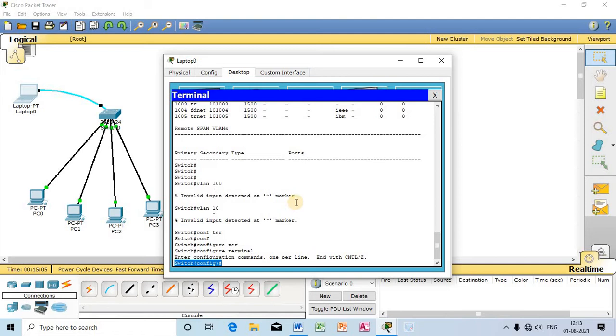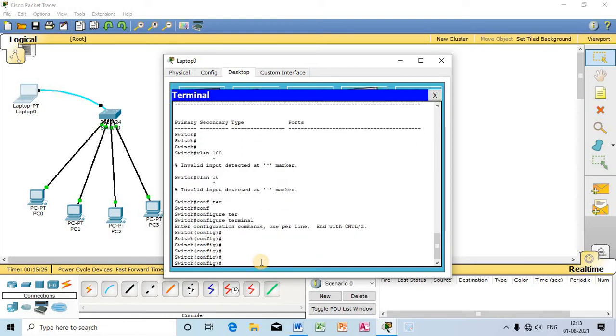Now it is switch config hash. If you watch this particular symbol, that confirms that you have moved to the configuration mode of the particular switch. In this mode you can do any configuration.